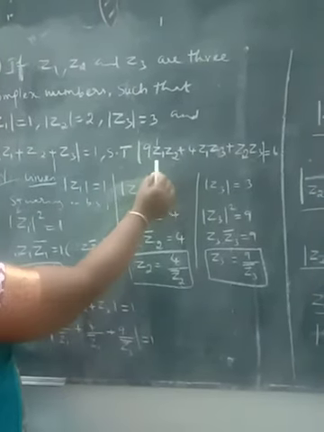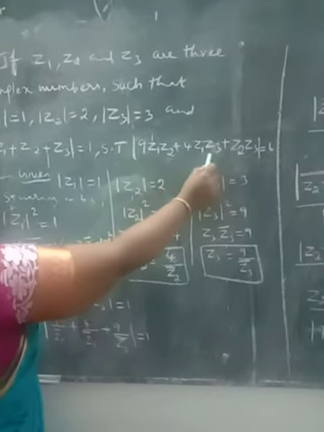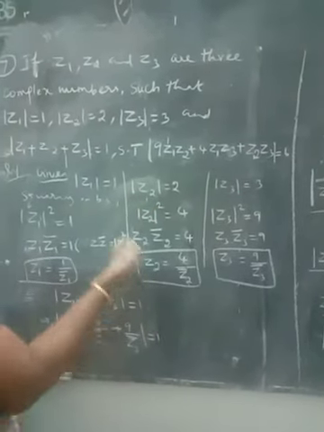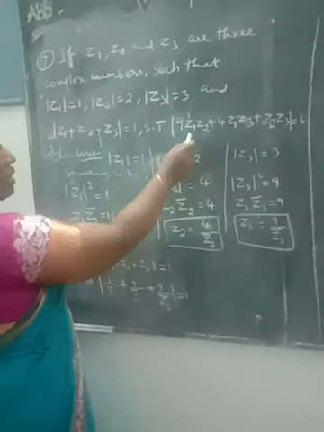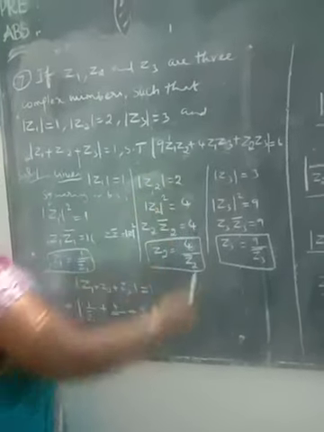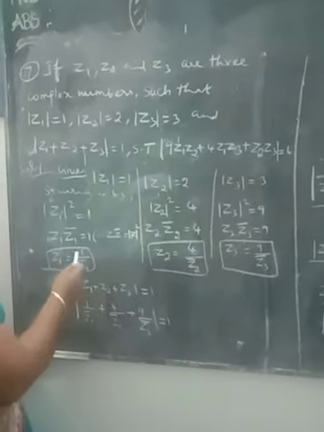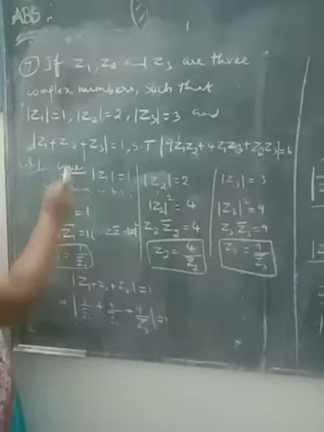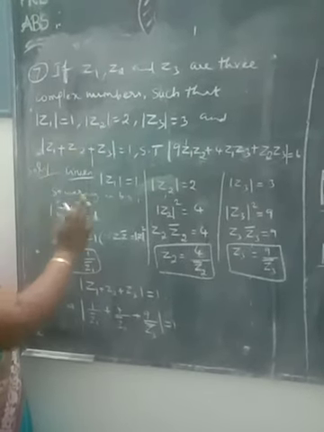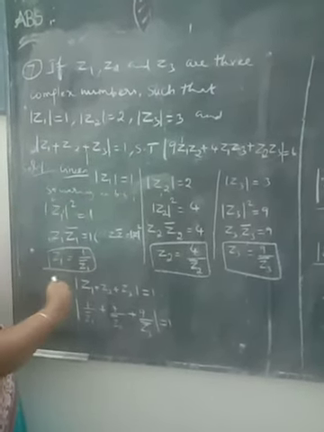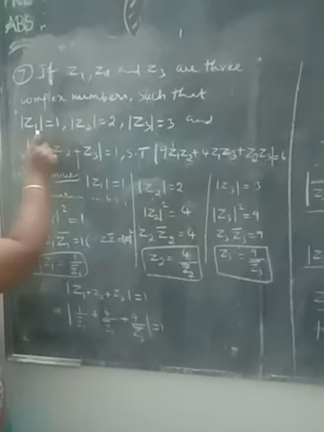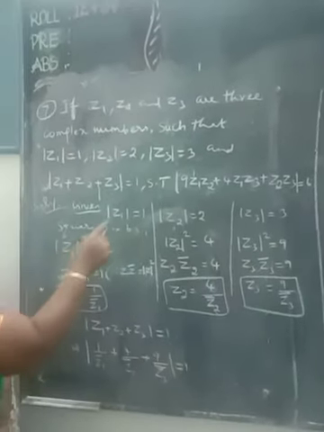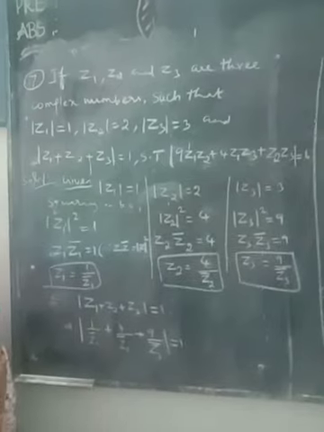Before that, we should know what is Z1, what is Z2, what is Z3. So, first we have to find Z1, Z2 and Z3. See how we are going to find Z1, Z2 and Z3? From the known value. So, always mathematical concept is known to unknown. What is the known one? Mod Z1 value. So, from this, given mod Z1 equal to 1.